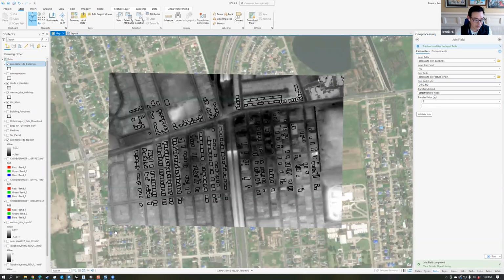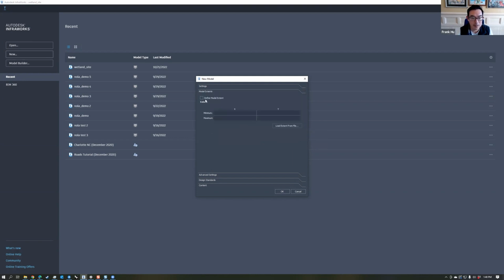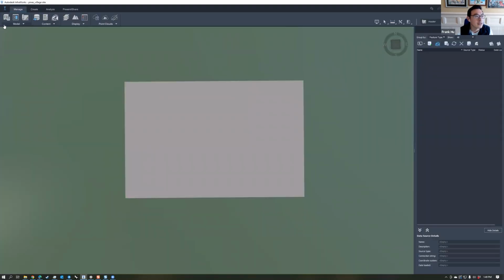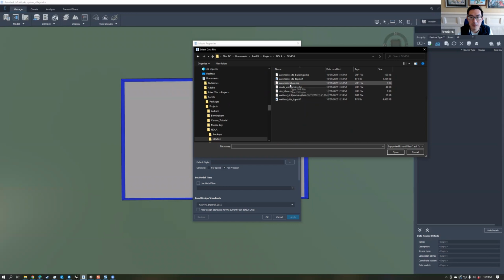Z's. Now we go in InfraWorks, go to new, call this one Pines Village site, work local. In coordinate system here, we're going to choose UTM-8415N. In model extents, define model extent using site topo. Click OK. Again, go into model properties, define the extent using this load extent from file, Aaron site bounding box,